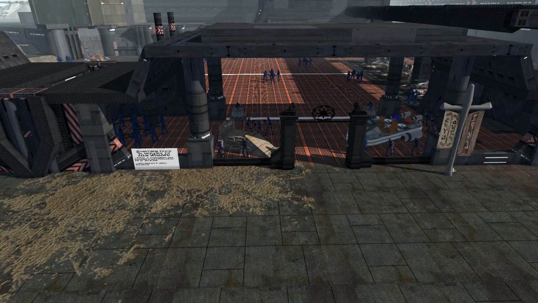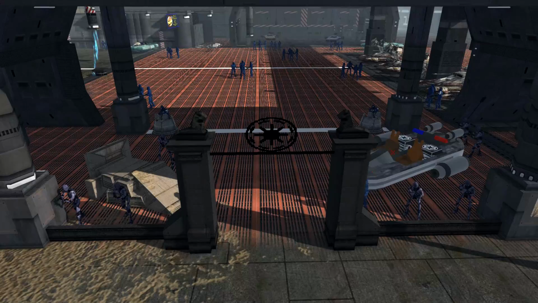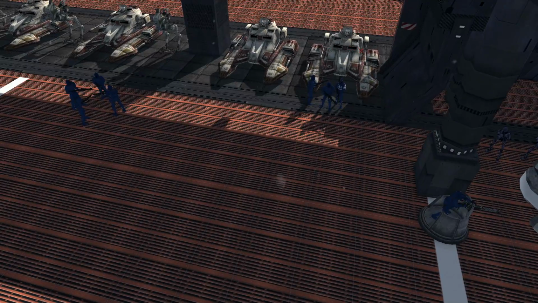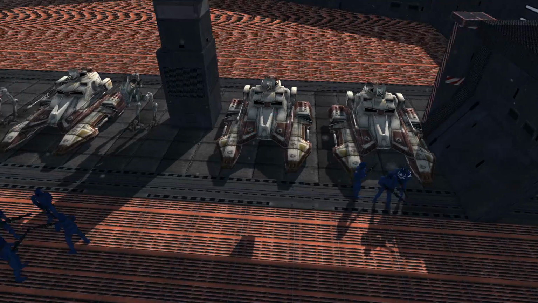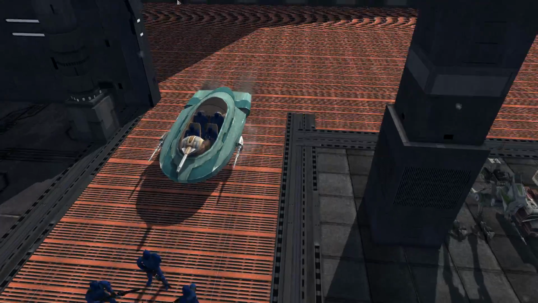We've got a little bit less Senate Commando compared to the other side, but this side has better positioning in my opinion, and these guys are a little bit more protected because they've got the crates in front of them. They've got the police speeder in front of them as well. Also here we've got a little bit of an arsenal of TX-130s and AT-RTs, and we've also got a couple Senate Guard manning